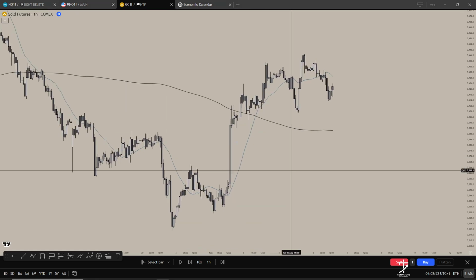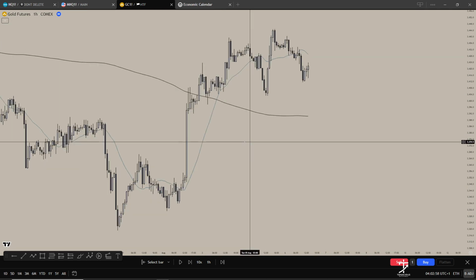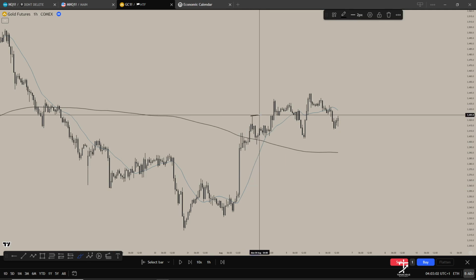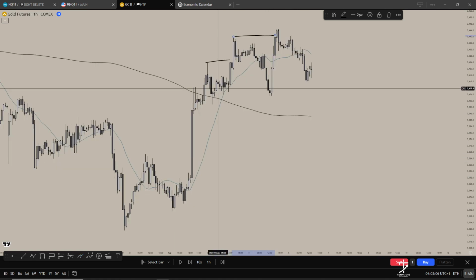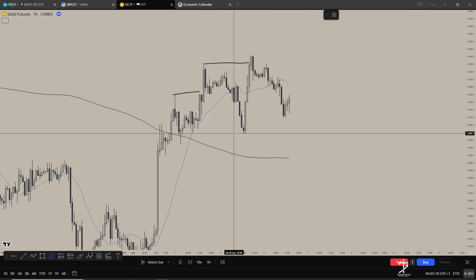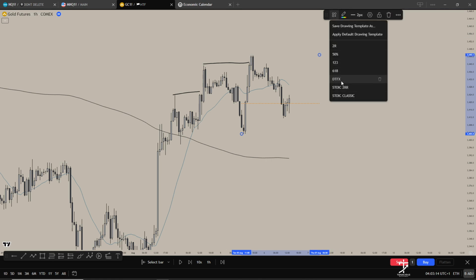So this is the 1 hour chart, and trade of the week happened to be on gold. When I'm looking at my charts, we can see price has taken out this high. We have also taken out this high. So we're also above the SMA 200. So I am now looking for a trade from this low to this high, and